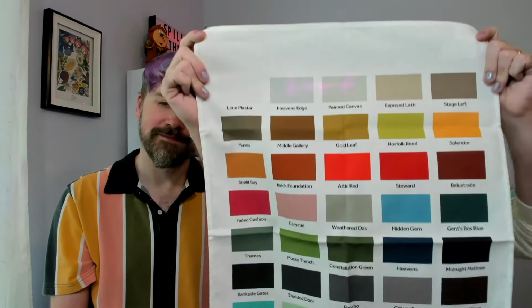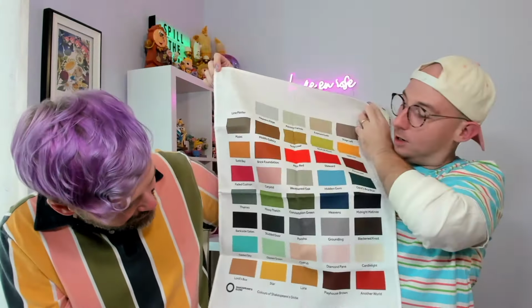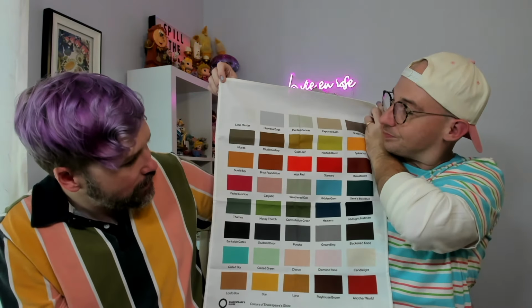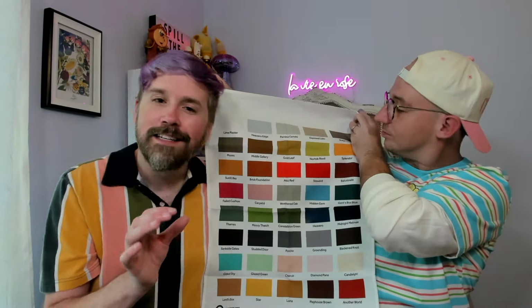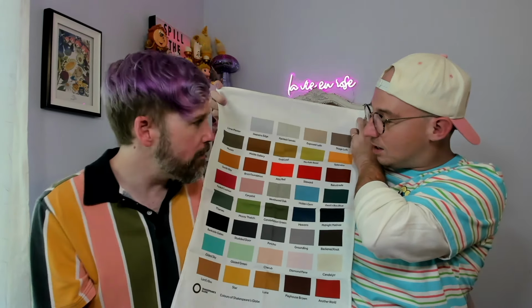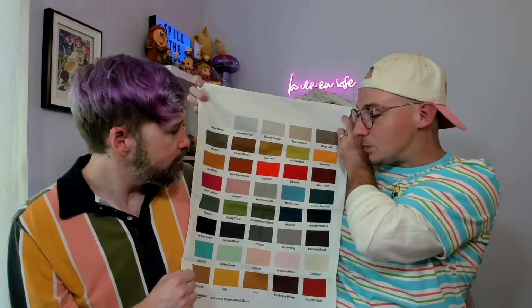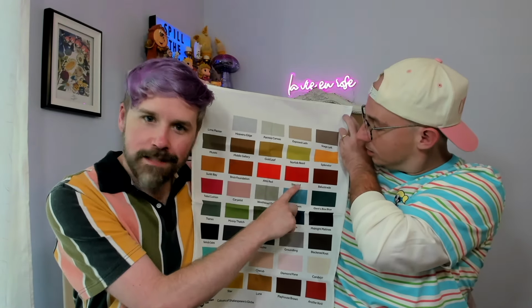Next up, they had this adorable, they call it a tea towel, adorable tea towel that, first of all, I just love things like this. So this is a compilation of all of the colors used in the Globe Theater. It's swatches of all of the colors and named after different characters, different moments of Shakespeare, different things around the theater. And it's very specific, like the Lord's box is the thing that's there. Steward is something that you would only...